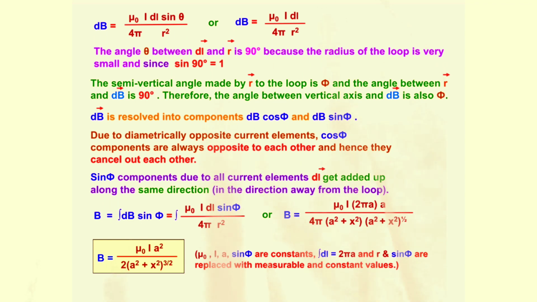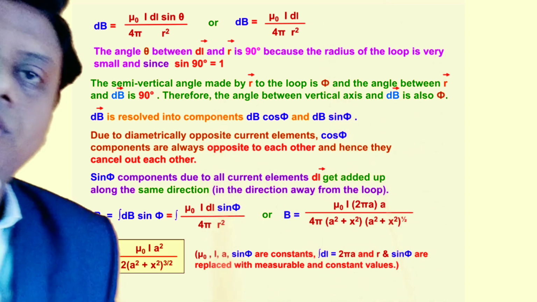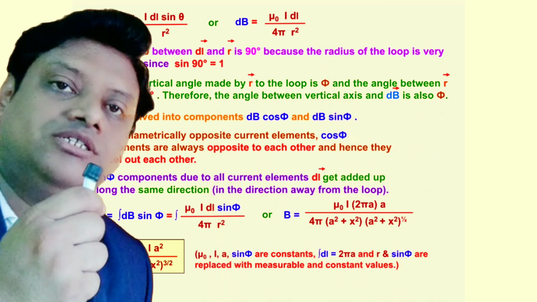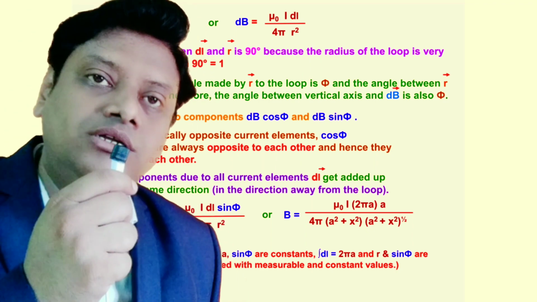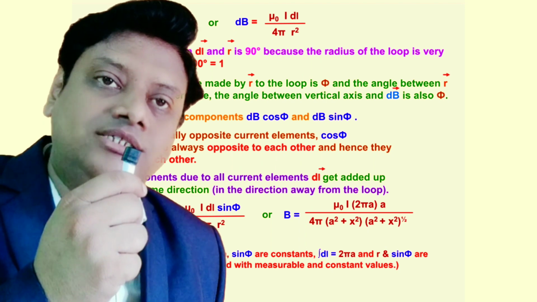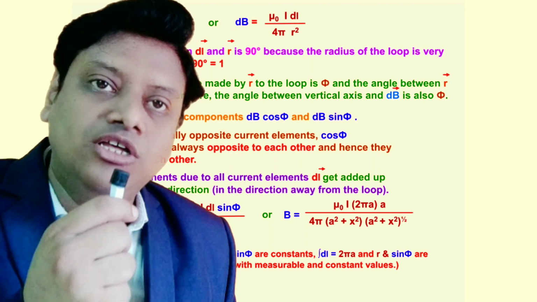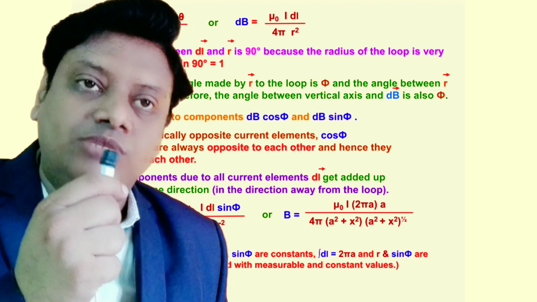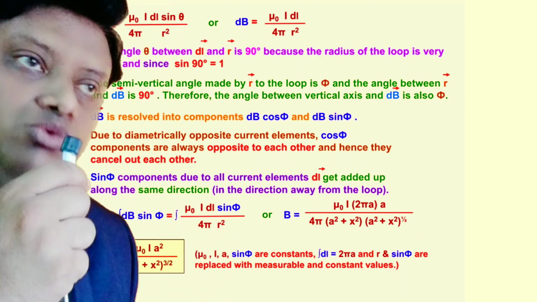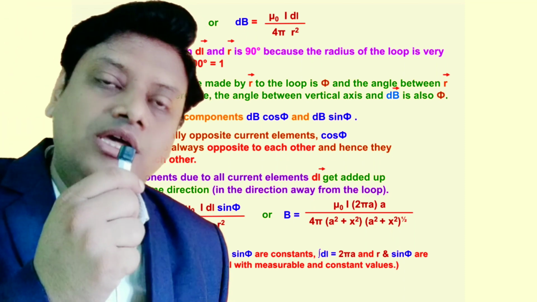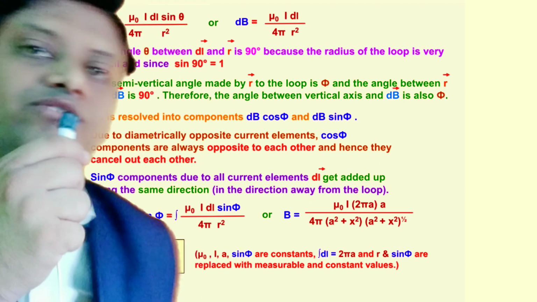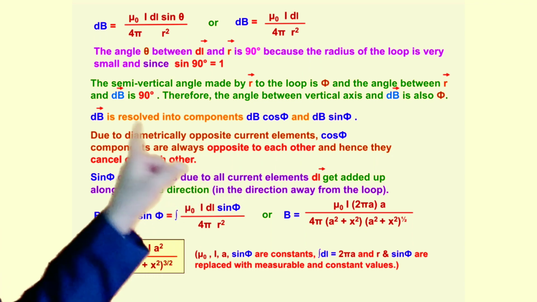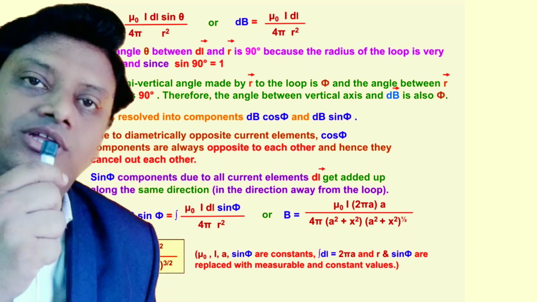Now the second special case is when the observation point lies too far from the coil, that means the radius a is very much less than x. x is a very large distance, so the radius becomes very small compared to it, and the observation point is at a too large or too far distance. So in this case a is much smaller than x. As you can see on the board here, a is very small. So now this a square becomes a further smaller quantity.